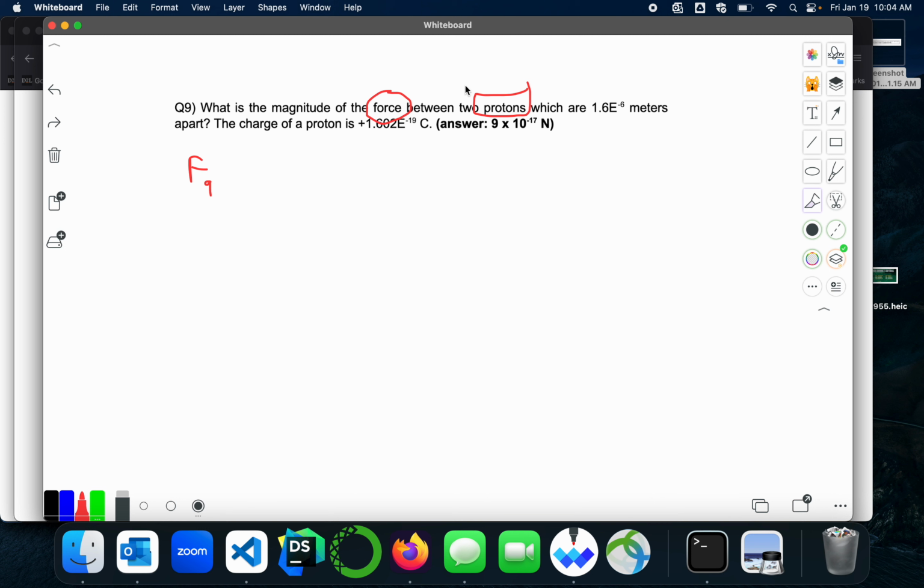Let me go back to my problem. And there's a distance right there. Okay, so I got a distance. And I got 2 protons. And here's the charge of the proton. Got it. Okay, so this is going to be K, I'll have to look that up. Q1, Q2 over R squared. All right, so I'll look K up in a second. It's going to be K